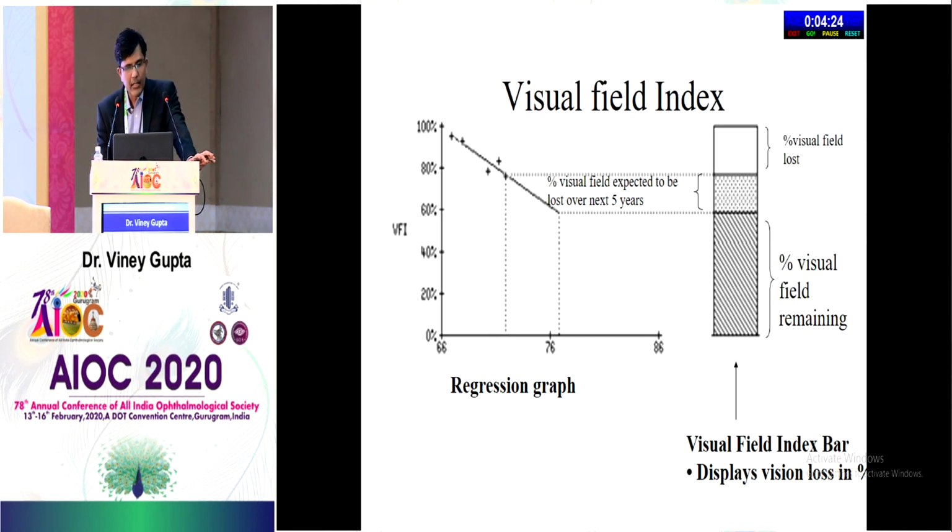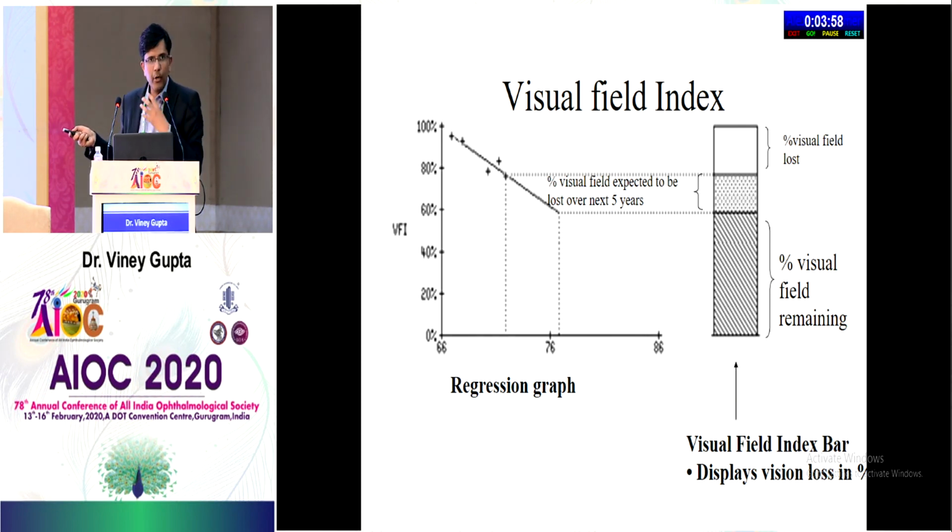The other way when you're looking at progression is the rate of progression. That means how the mean deviation is changing over a period of time, which is known as the rate of change, and this is depicted as a graph, and you can get this on the Humphrey also. On most of the printouts, if they have at least 5 or more printouts, you will get this kind of graph, and you should be able to read it because it's very simple.